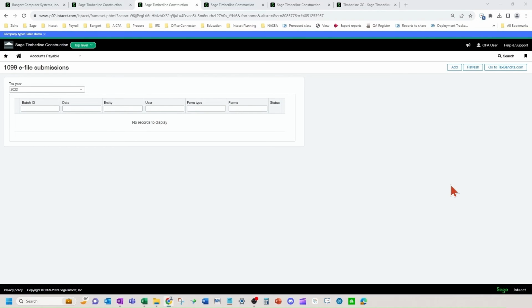Once the batch arrives in Tax Bandits, it will verify your 1099 information and show you if there are any forms that need to be updated. Tax Bandits handles the federal and state filing, sends the forms to the recipients, and grants online access for those recipients. In Tax Bandits, you will see a dashboard that appears where you can view the forms sent in the batch and which forms are ready for e-filing. You can resolve errors in Tax Bandits, but it does not correct the information in Intacct. So if you choose to do that, be sure to go back into Intacct and correct any vendor information.